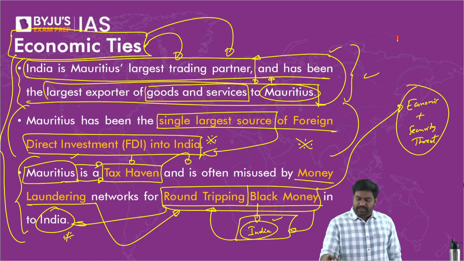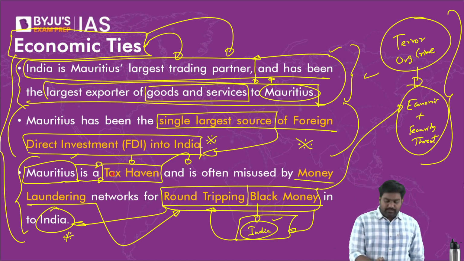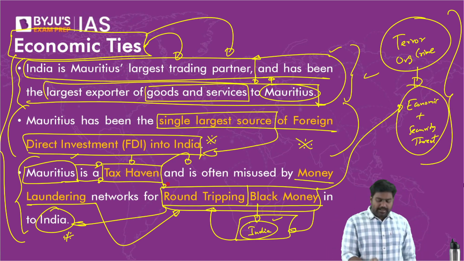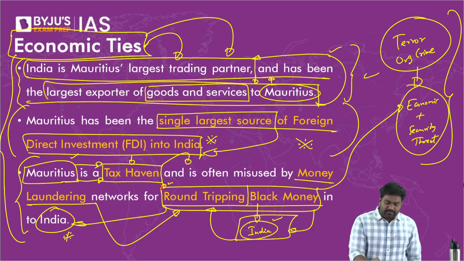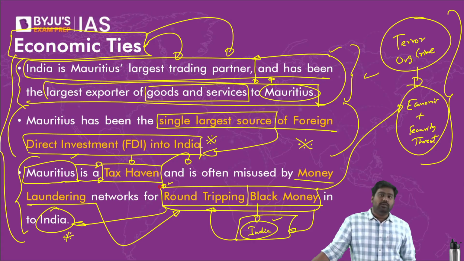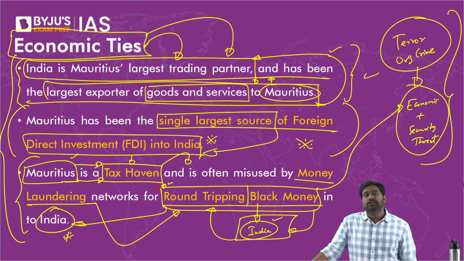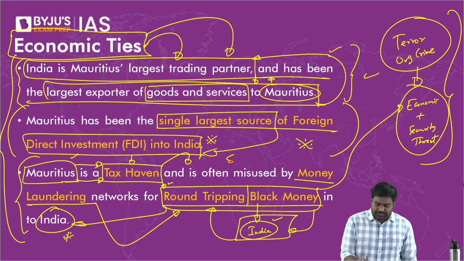Because of its links with terrorism and organized crime, money laundering becomes a challenge for India. So, Mauritius, being the biggest source of FDI, is bringing a lot of black money back into India. Mauritius is being misused by money laundering networks around the world. They're taking black money out of India, laundering it, cleaning it of the dirt, removing its identity and source, and bringing it to tax havens like Mauritius, where fake companies called shell companies or shell corporations are set up just to get the benefit of a tax haven or zero tax jurisdiction.